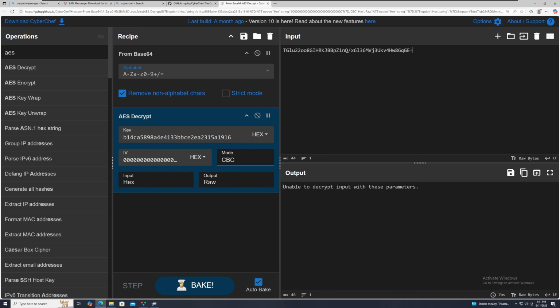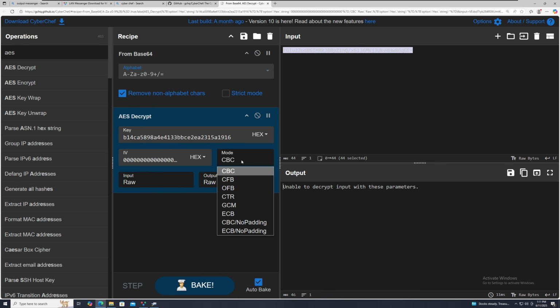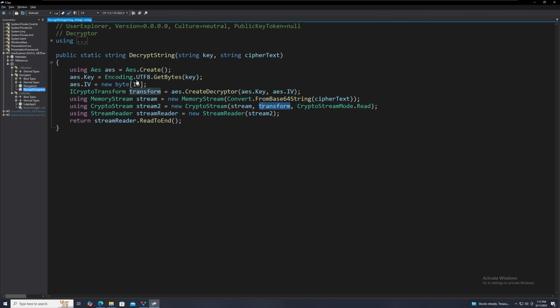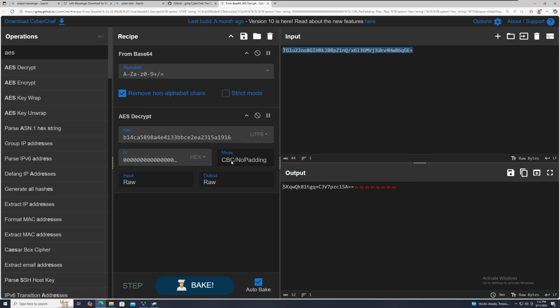Let's see. Input is actually going to be raw because we base64 decoded this. And then our key, I think, is UTF-8. Yeah. I got UTF-8 as the key because we see AES key, UTF-8, GetBytes. So this looks like it is CBC, no padding, and we get another base64 string when we try to decrypt it. We paste it again, and it looks like we potentially get the password. And I don't know if those carets are part of the password or not,